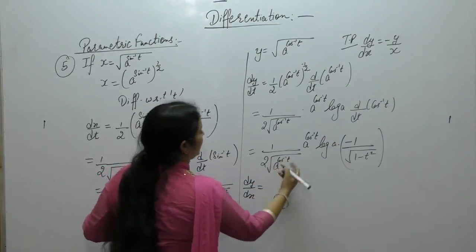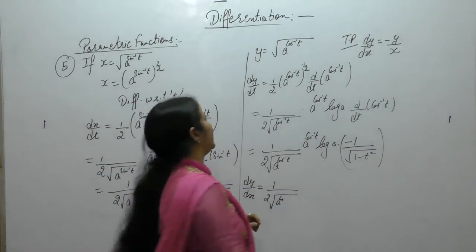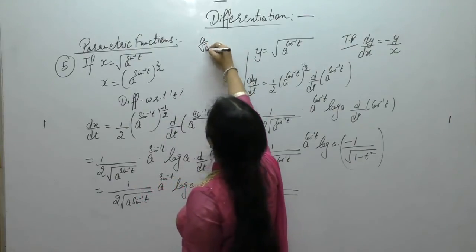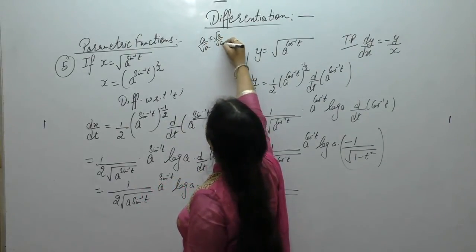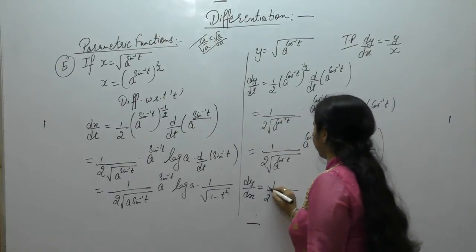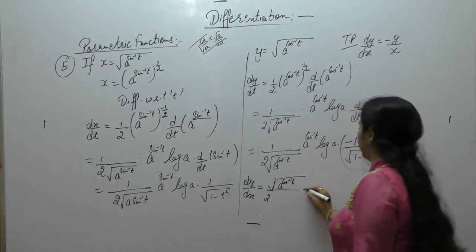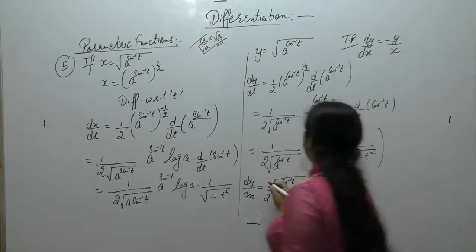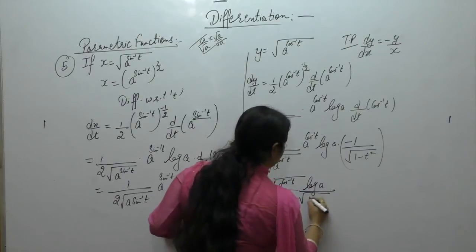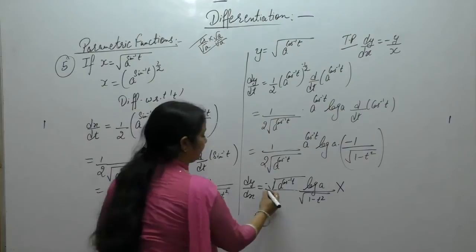So dy upon dt is A upon root A. If we rationalize it, we are left with square root of A. So we can write this as square root of A cos inverse T, log of A, minus 1 upon root 1 minus T square. Dy upon dt